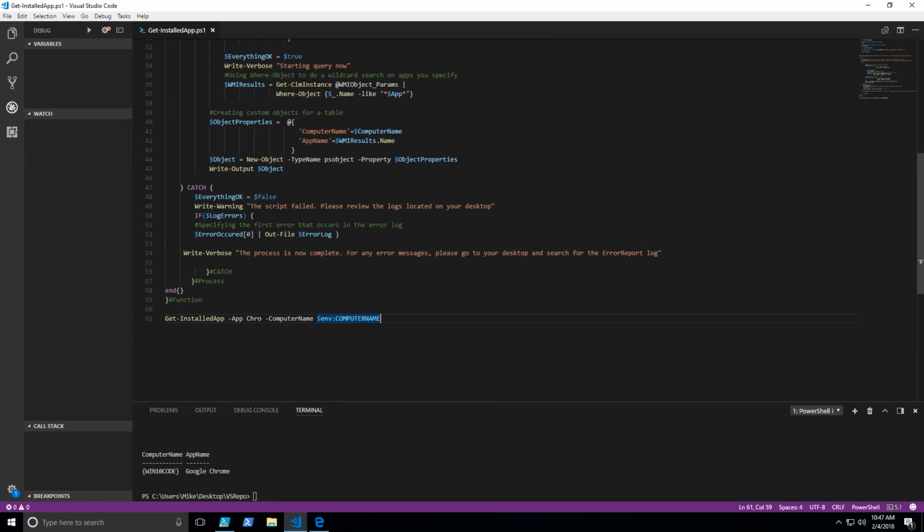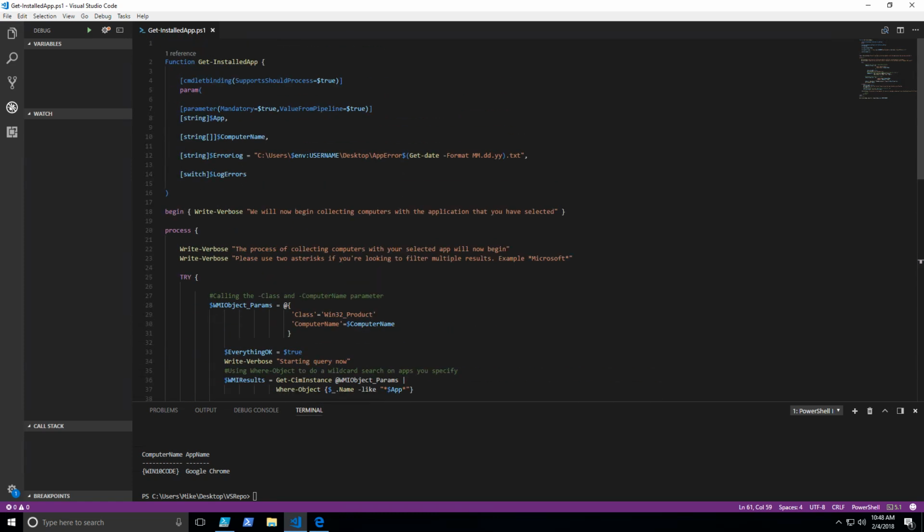What if I'm calling a whole bunch of computers, I'm querying a whole bunch of things, and it could possibly slow down the network? Maybe, right? So what if we want to make sure that people know what they're doing, and this could be a possible catastrophic script, right? So the first thing we're going to do in our commandlet binding, and in short, if you